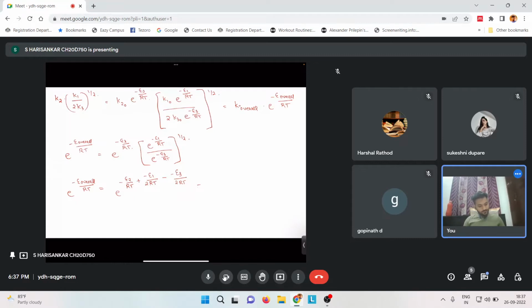This will be e raised to minus. Now what we can do is we can apply the values as well. So they have given that E1 is equal to 320, then E2 is equal to 40, and E3 is equal to 0. Okay, so what we can do is substitute these values here. So e raised to minus 320, sorry,